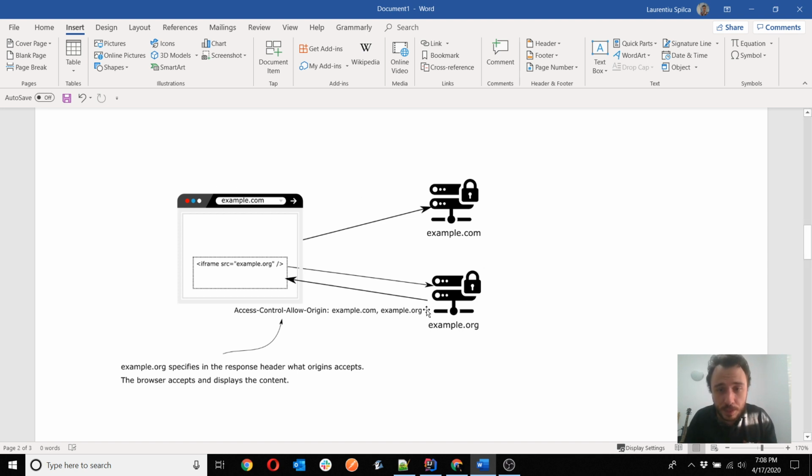So instead of example.com you have localhost 4200, instead of example.org you have localhost 8080, and with CrossOrigin, as you will see in my examples in today's lesson, you specify, yes, I allow localhost 4200 to access my application. And that's why, yes, you need to add